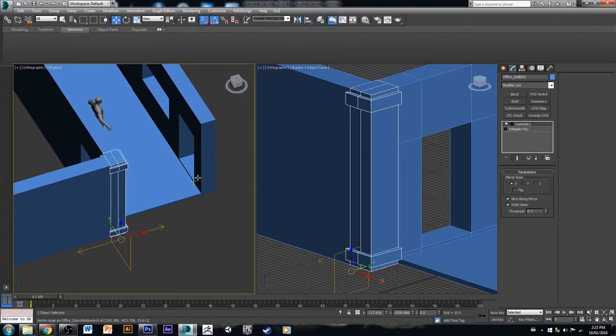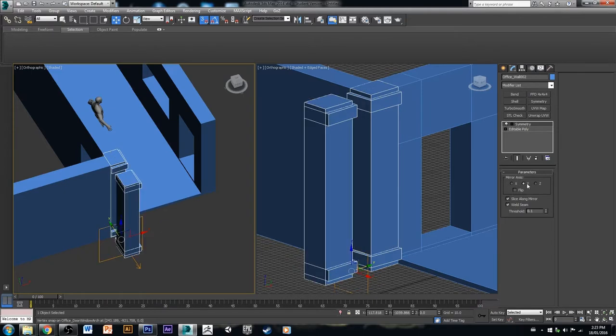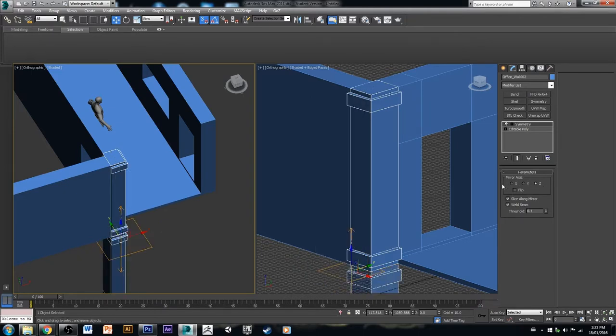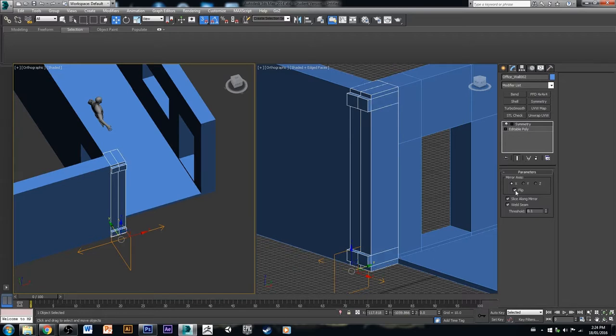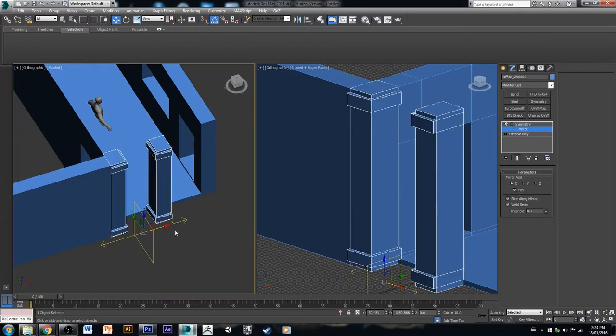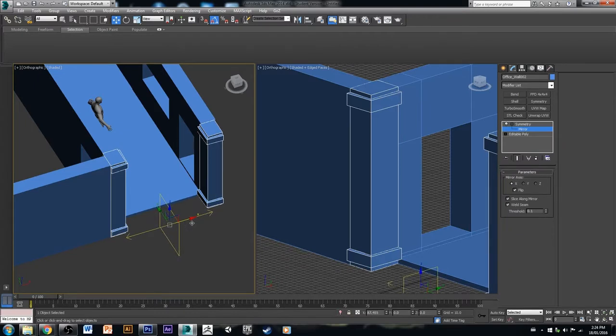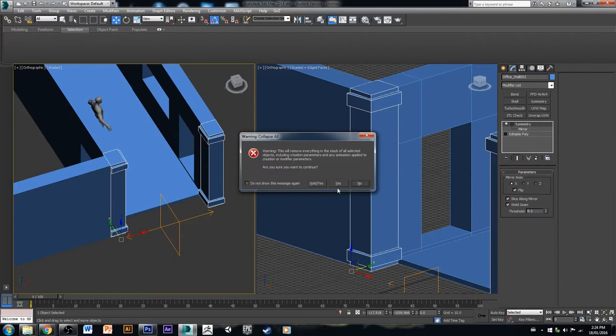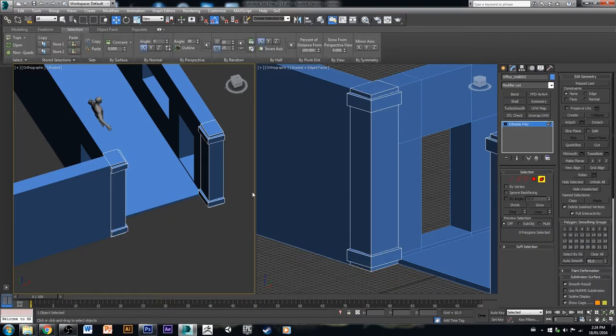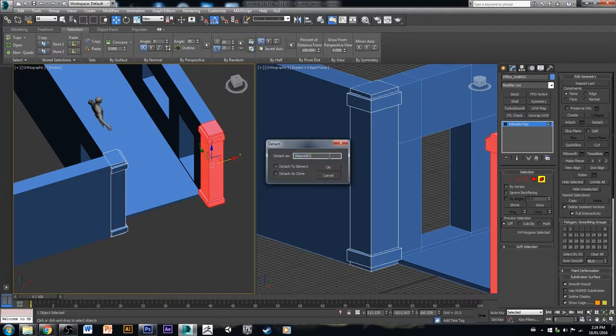And also, you can make a new object, or you could mirror it by using symmetry as well. There we go. And we can collapse this. Yes. Detach. And then we're going to call this a